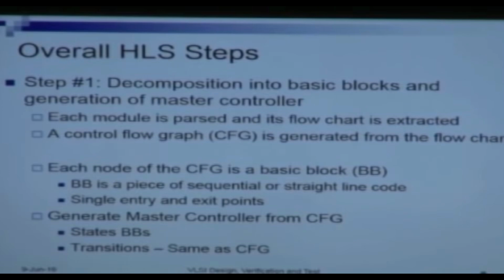Now given this flow chart, it is easy to obtain the control flow graph of the application. Now what is the control flow graph of this program? In this, each node of the graph will be a basic block, and the edges will define the dependencies between these basic blocks, right? So what is a basic block? A basic block is a piece of sequential or straight line code which has a single entry point and a single exit point. Therefore, a basic block is a piece of code which does not contain conditions or loops inside it, which means that the